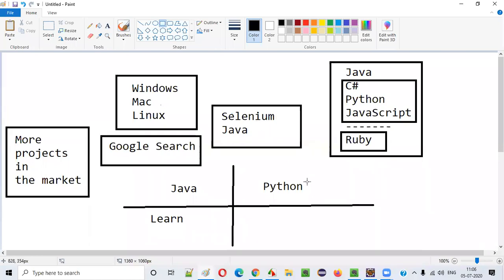But why are people showing interest in Python? Why not Java? Why are some people starting with Python also? Most of the people are voting for Java itself. As you can see, among the people attending this class, a lot of people have said Java only, but very few said Python. So why is the percentage so low for Python?